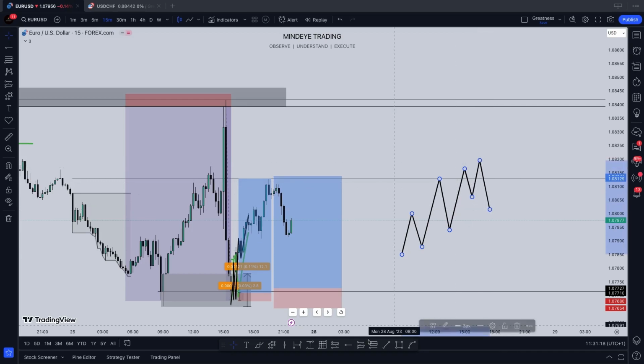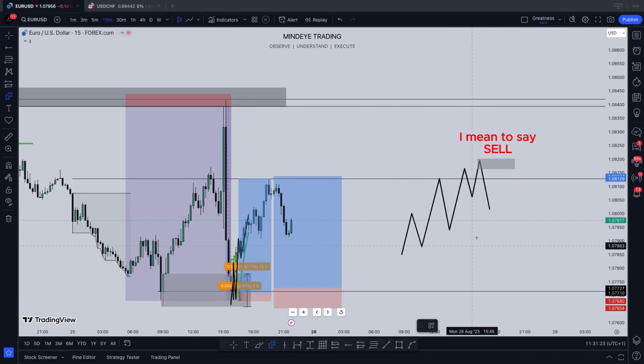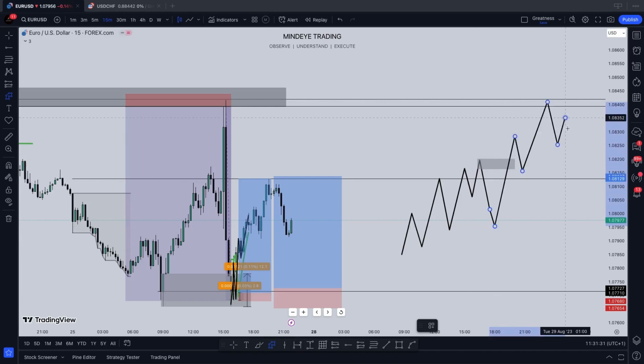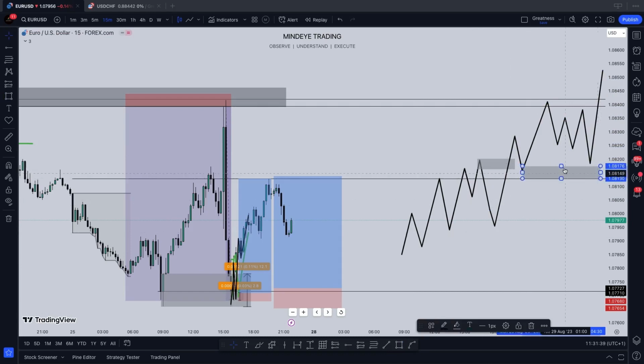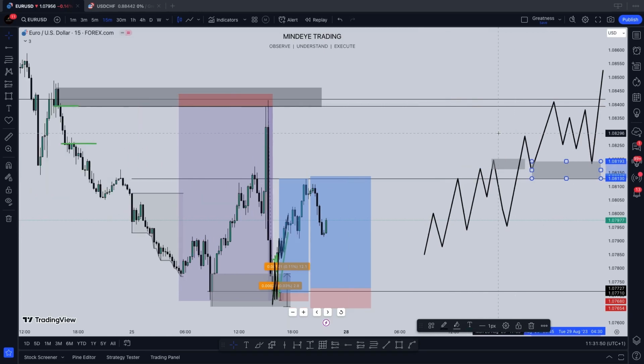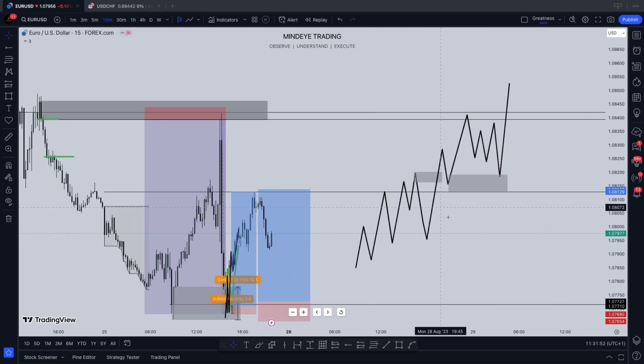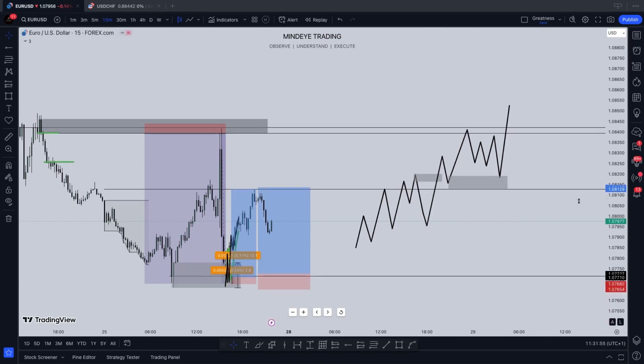This is a change of character, and a lot of persons will be waiting to take a buy from here because it's a change of character, but the market can just come down to retest here as a form of taking out inducement, then take it out, retest it again, continue to the upside, give you another fake change of character again, and the next thing continues to the upside. So what the market is doing is inducing and taking out all the buy orders that are here and all the sell orders that are here, just to create enough money, which can also be called liquidity, for the market makers while the market continues going to the upside.